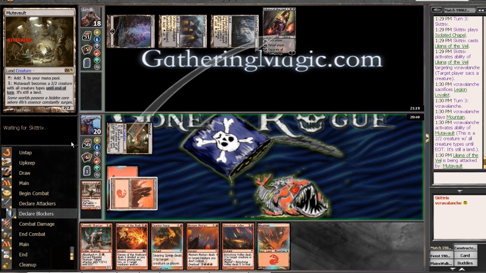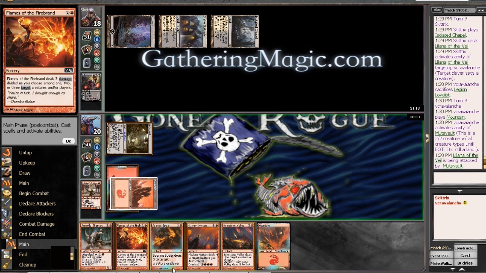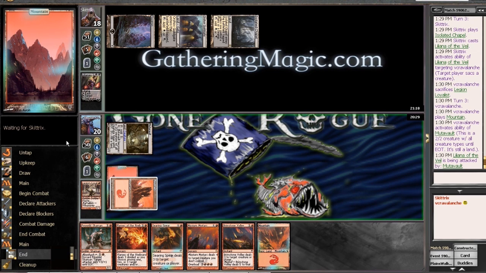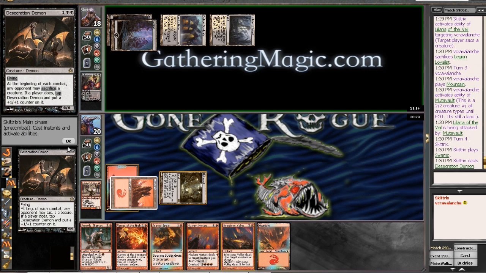Now, the Mutavaults are going a little over budget. I admit it. They should come down in price. Hopefully, you can get them for cheaper, as they single-handedly put us over budget, but everything else in this deck is very budget. I think our entire deck, besides the Mutavaults, is barely worth over a Liliana, or worth less than the...